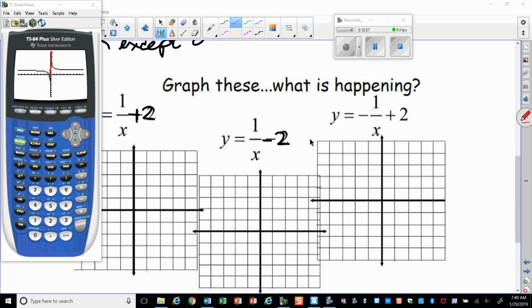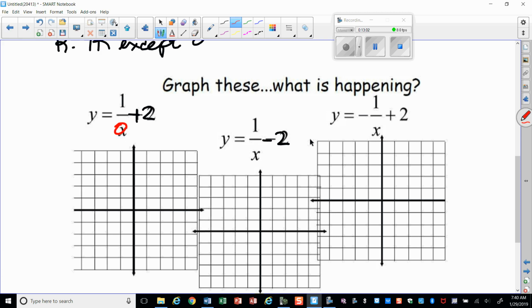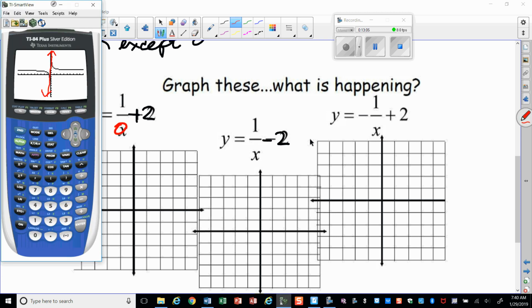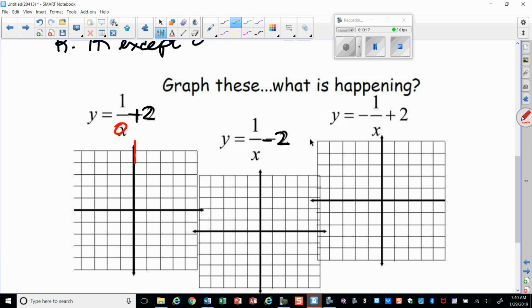because my vertical asymptote is still at 0, that's still a problem when x is 0, but now my horizontal asymptote is at 2. All right, so that's all I have to do if I'm going to graph it. My vertical asymptote is still x equals 0, that's when it's undefined. But now it went up 2 on the y-axis, so I'm going to go up 2, that's my horizontal asymptote,